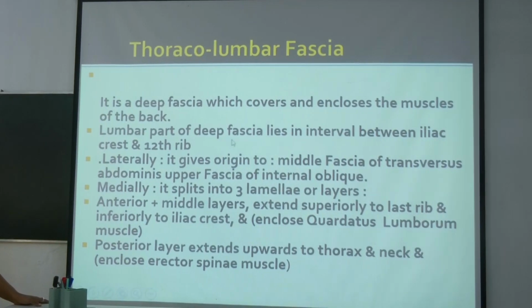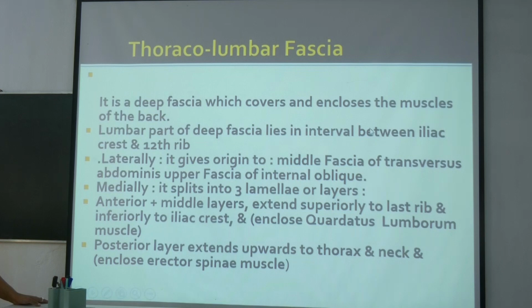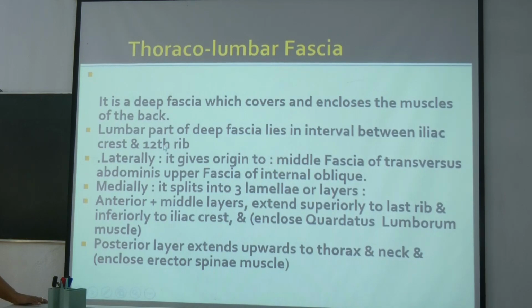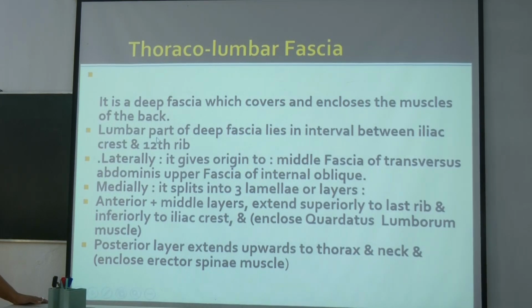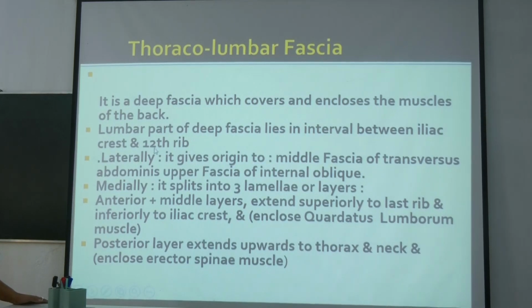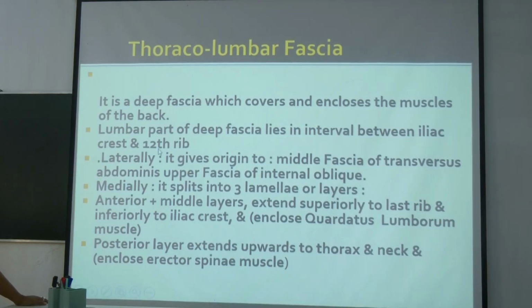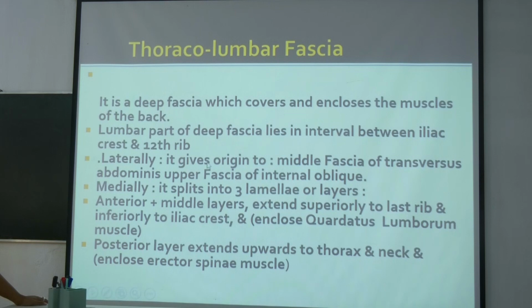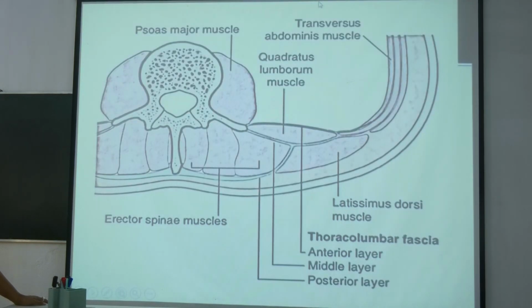Okay, so lumbar part of deep fascia lies in interval between the iliac crest and the 12th rib. এই ফাসাটা কোথা থেকে হচ্ছে, লাম্বার পার্ট, দেখ কতগুলো পার্ট আছে, এটা হচ্ছে লাম্বার পার্ট, যেটা ইন্টারভাল বিটুইন দ্য ইলিয়াক ক্রেস্ট এন্ড 12th rib। 12th rib হচ্ছে ফ্লোটিং রিব, ওর সাথে আর ইলিয়াক ক্রেস্টের মাঝে অরিজিন নিচ্ছে থোরাকোলাম্বার ফাসা, ঠিক আছে। এটার কতগুলো পার্ট আছে, আই উইল কাম অ্যাক্রস।